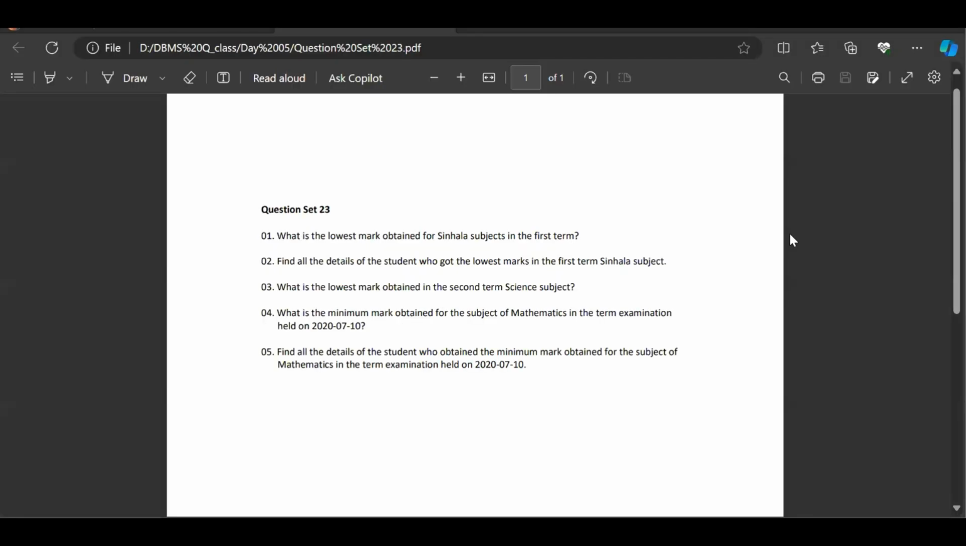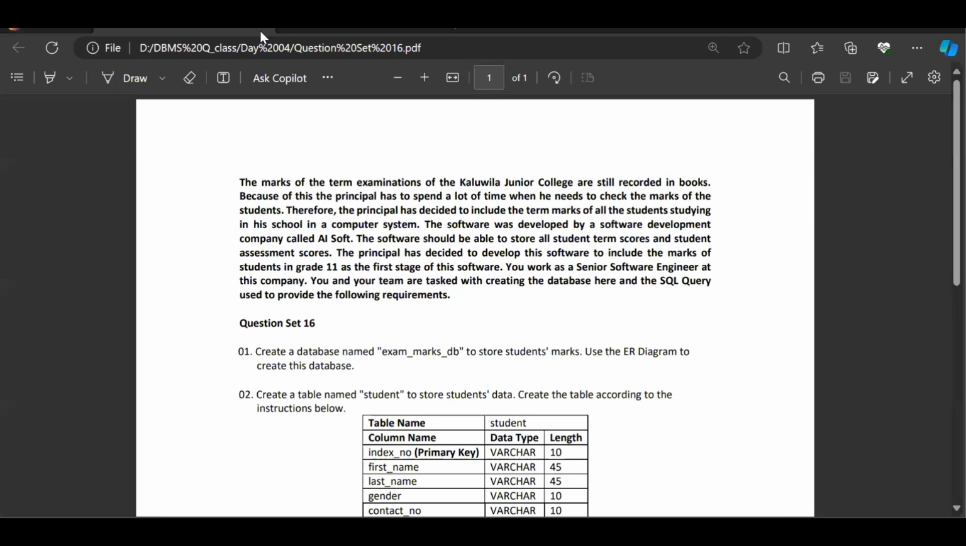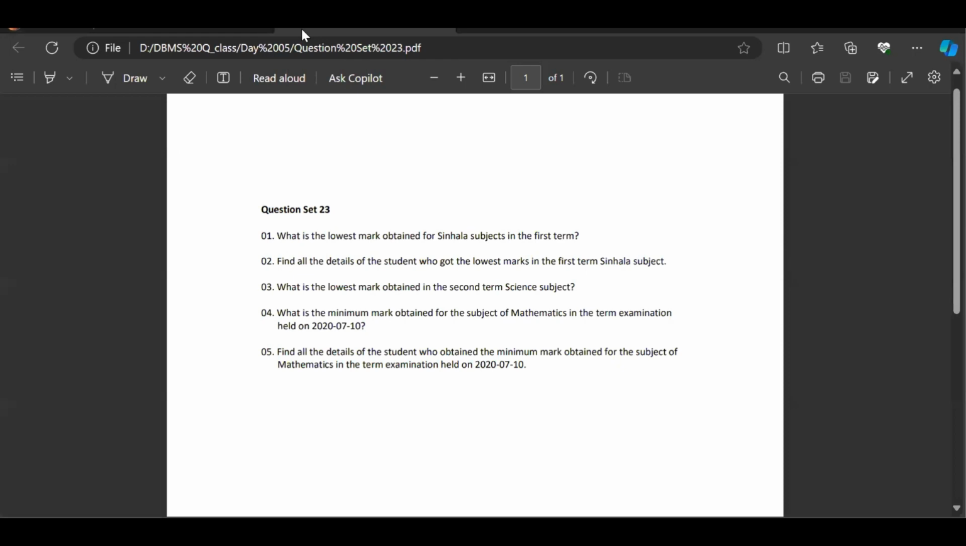Come back with the question series of Database Management System 1, and today I'm here with question set number 23. In this question set, we're going to discuss the same question scenario that we had in question set number 16. As the first question, they're asking what is the lowest mark obtained for a single subject in the first term, and as a second question, find all the details of the student who got the lowest mark in the first term single subject, and as a third question, what is the lowest mark obtained in the second